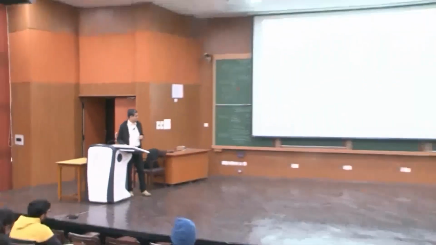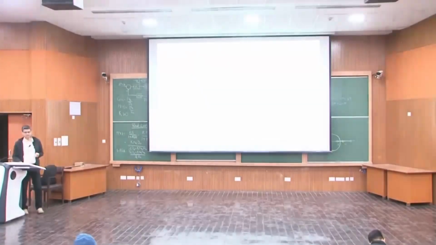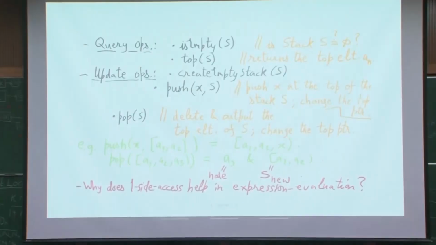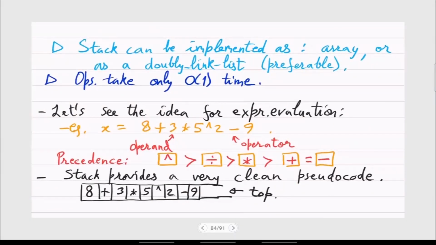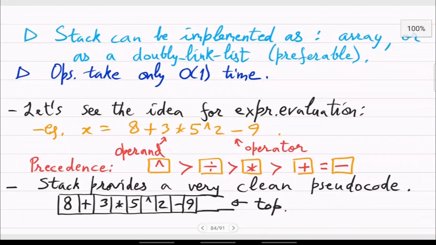When you push X, it goes to the top, and when you pop, the top is removed, and the stack becomes of size one less. These two things you have to remember, and using that you have to solve in the most elegant way